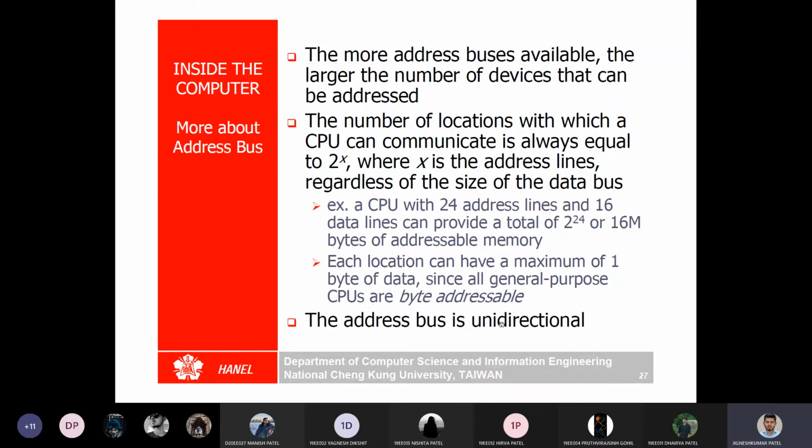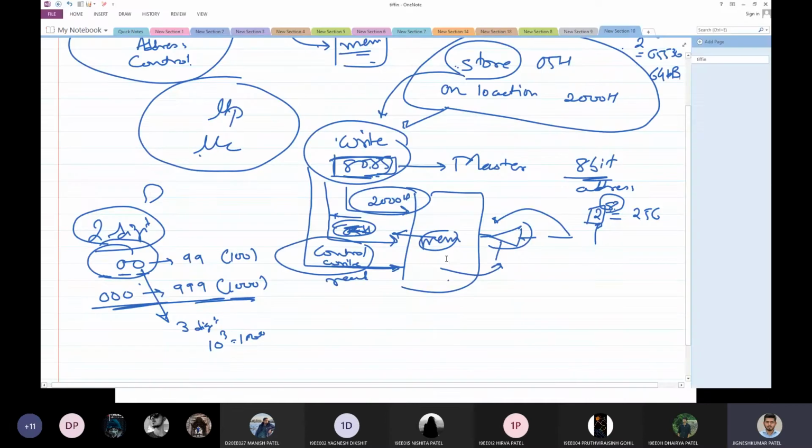The address bus is unidirectional. This is one more important point. The data bus is bidirectional, but the address bus is unidirectional. That means you can only communicate the address from master to slave. You will never see the memory giving out the address. The address is always given by the master to the slave. So the 8085 will give the address on which the data has to be written or read. Data can be provided by memory or by 8085, depending on the read or write operation. But the address always flows from 8085 toward your memory.